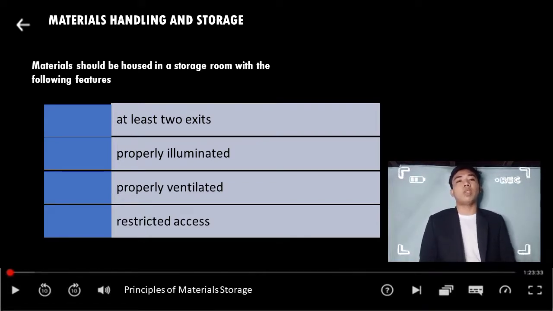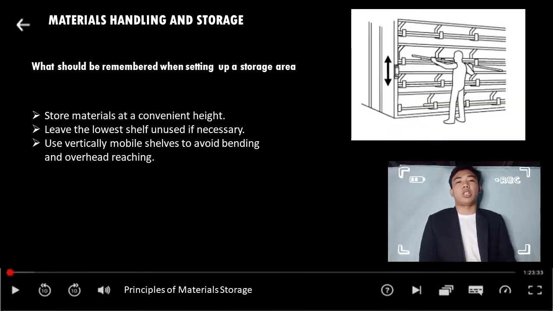So those persons that have the authority inside the material storage must remember this: store materials at a convenient height, leave the lowest shelf unused if unnecessary, use vertically mobile shelves to avoid bending and overhead reaching. So this is not just about the materials but also the safety of the workers to avoid any accidents inside